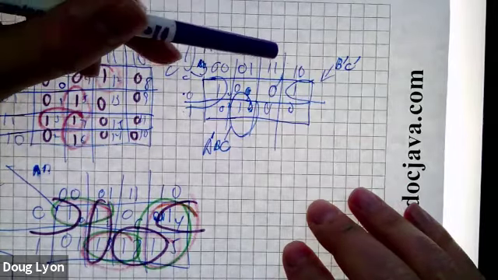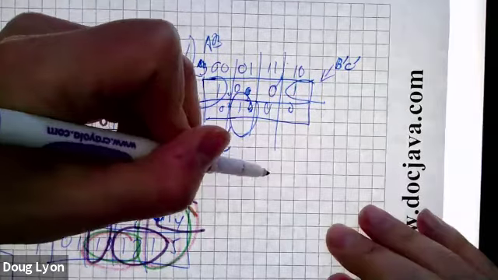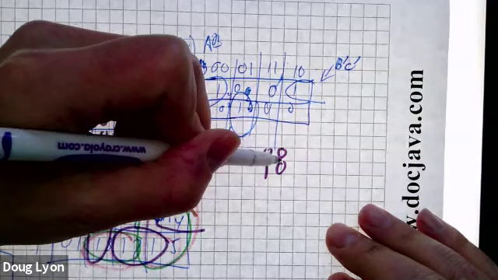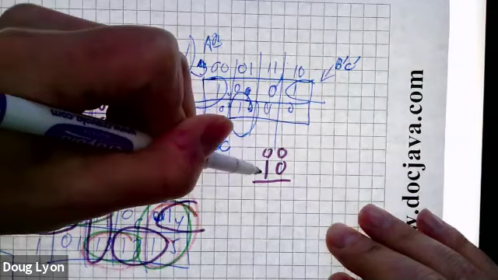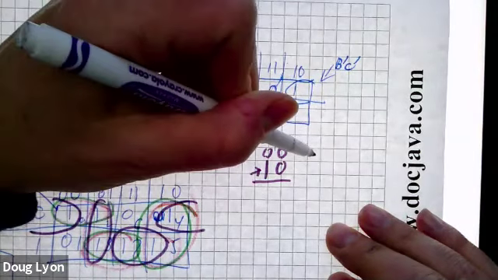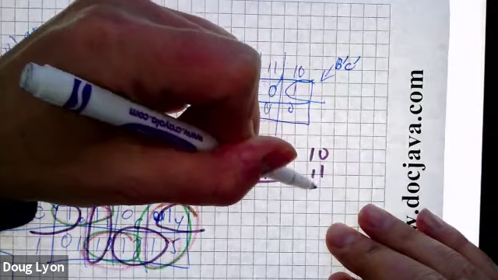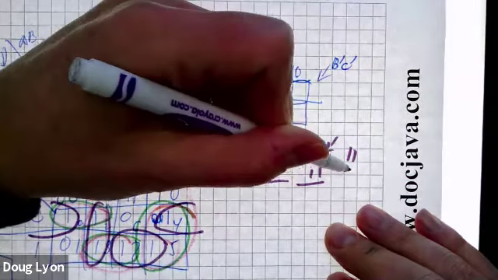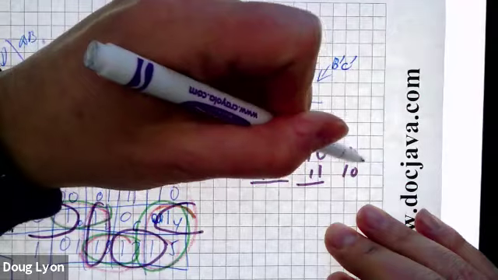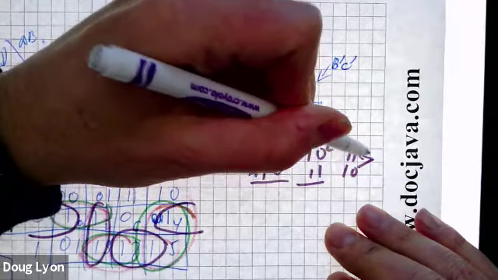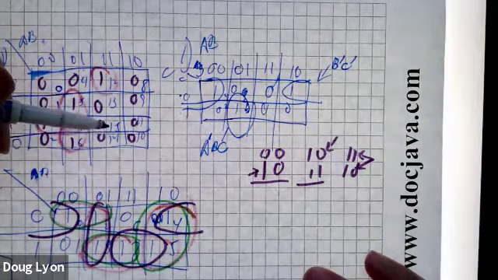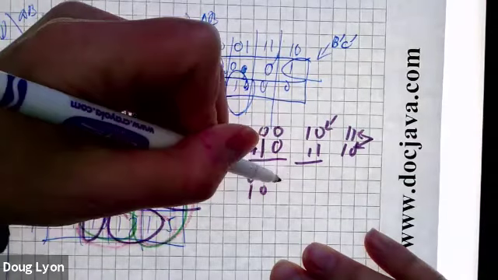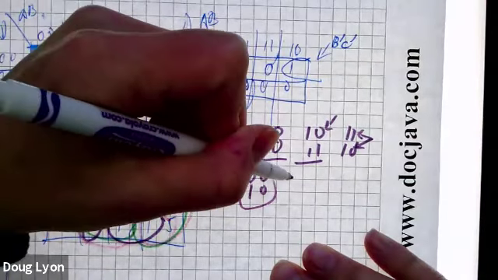0, 0, 0, 1, 1, 1, 1, 0. What's the difference? Well, let's see. 0, 0 to 0, 1, there's only one bit of difference. From 1, 0 to 1, 1, there's only one bit of difference. From 1, 1 to 1, 0, there's only one bit of difference. Why is that? Well, because when I go from 0, 0 to 1, 0, it's like right, and I do a loop, right? It's like looping